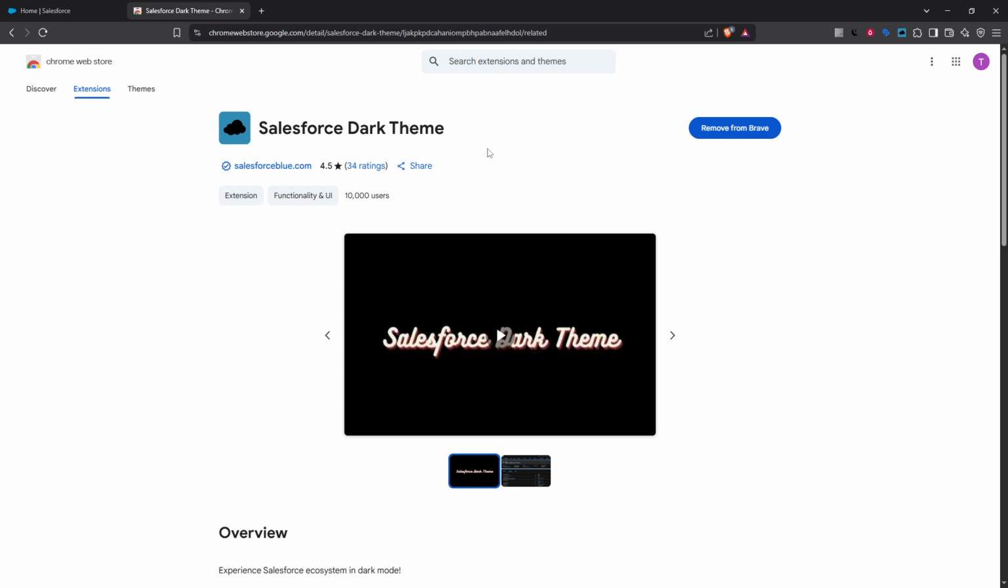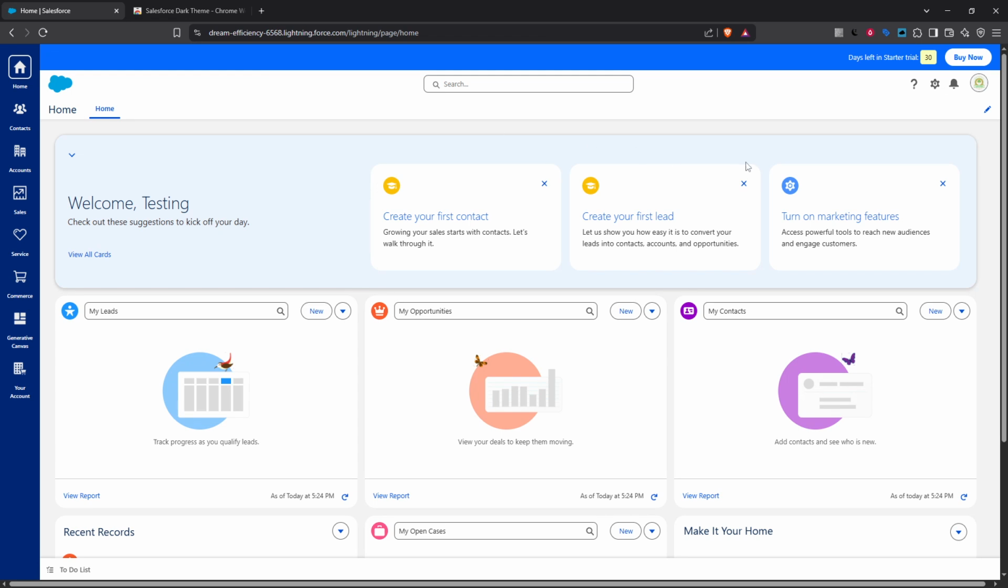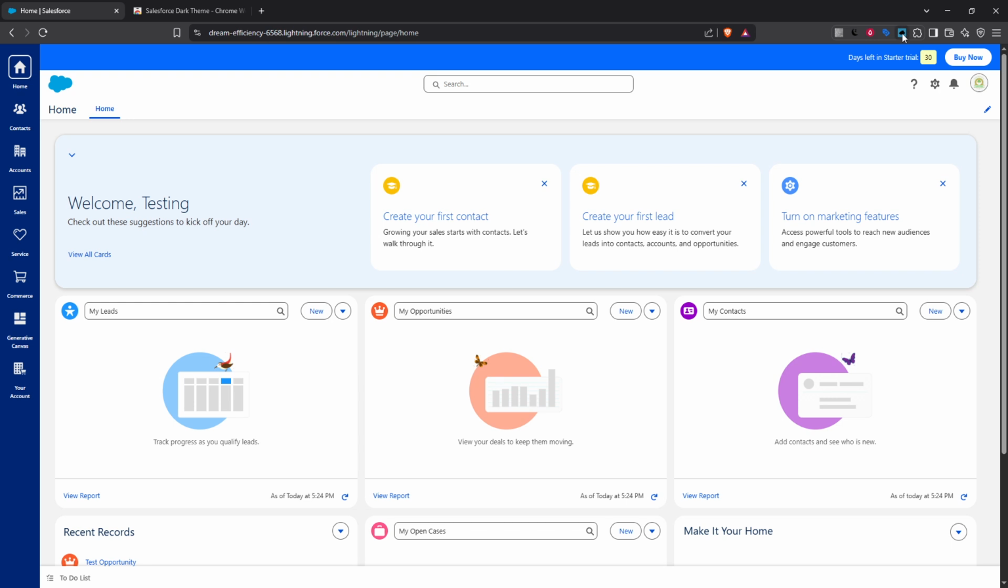After the installation is complete, navigate to your Salesforce homepage. This is the page where you usually start your journey into Salesforce Lightning. You might already be familiar with its bright and vibrant appearance, but now we're about to change it up a bit. Next, you'll direct your attention to the Chrome toolbar, usually located at the top right of your browser window,